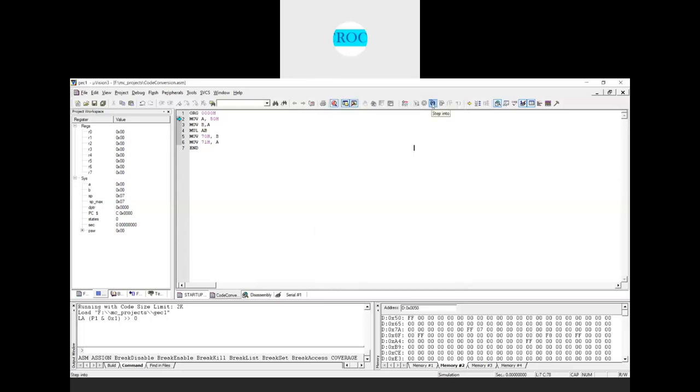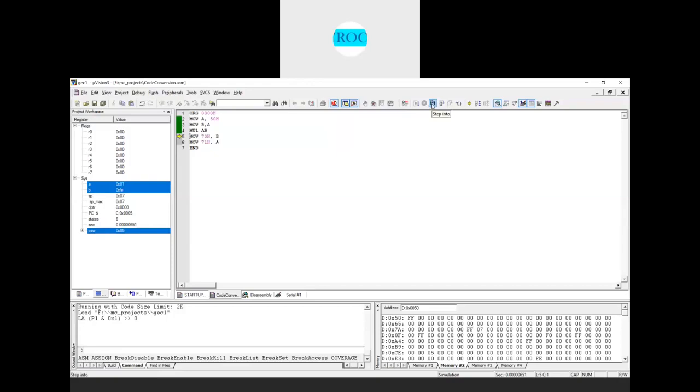First I'll move the content FFH into the A and B registers, so that A has FF and B also has FFH now. Now I'll perform multiplication of A and B. The contents of A are multiplied with the contents of B. The lower byte will be stored in the accumulator and the higher byte will be stored in the B register. So B will have the higher byte FE and the lower byte will be stored in the accumulator, 01.